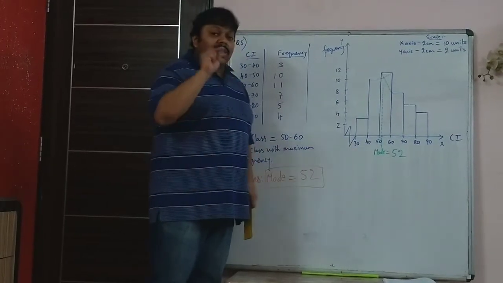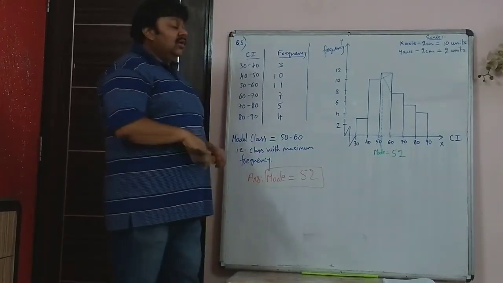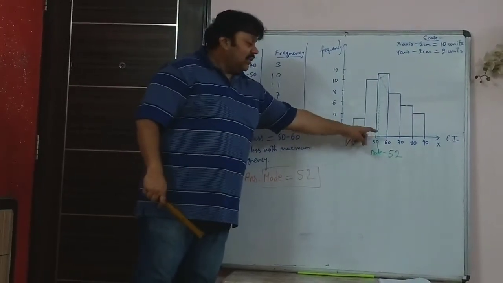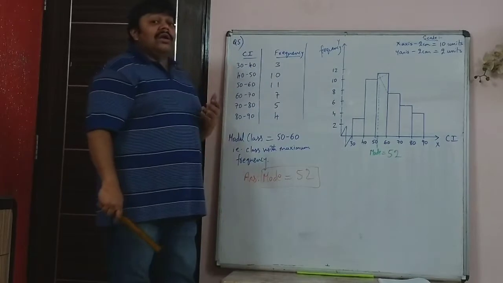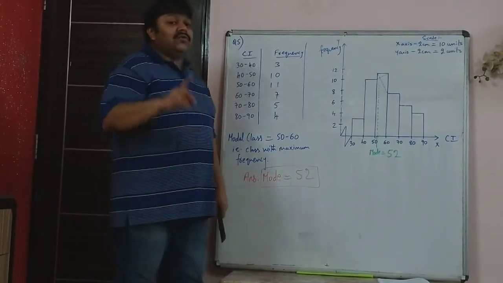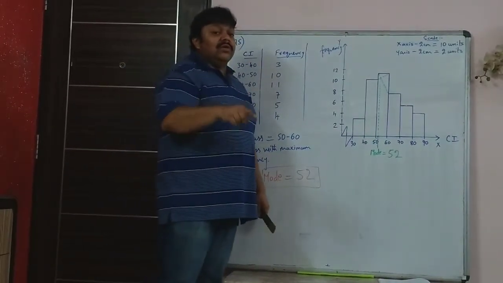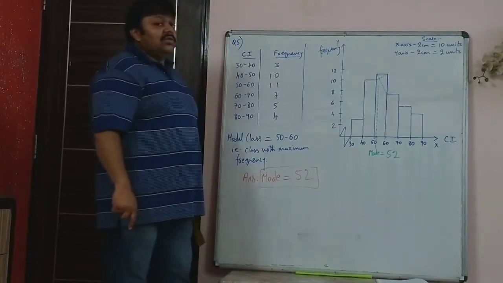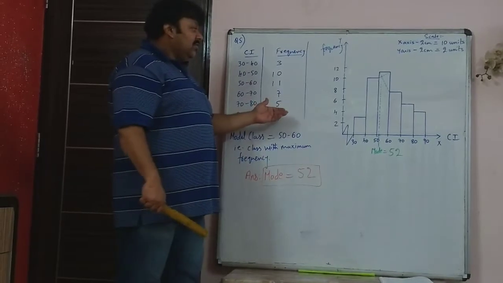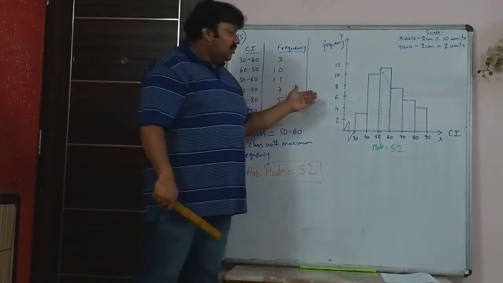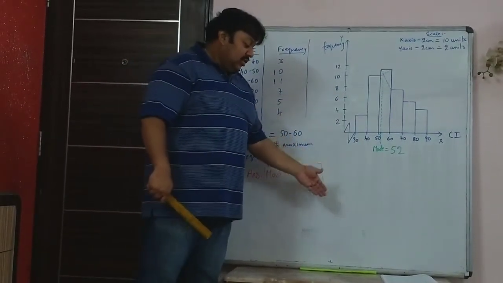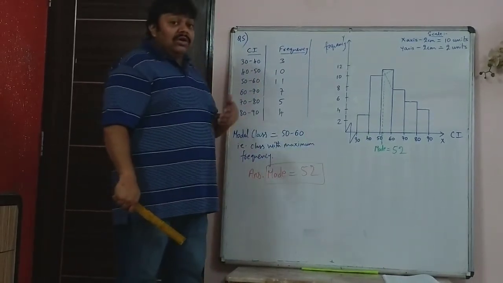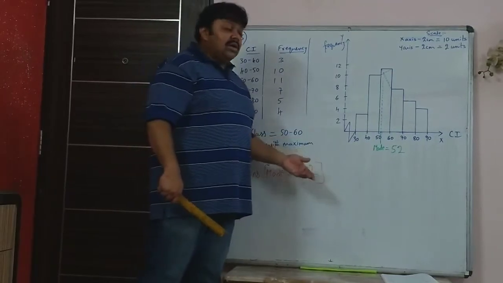If you count in the 2 centimeter graph, there are 10 lines or 10 divisions between 50 and 60. So each division is 1. So 2 lines indicate 2. So mode is 52. Now the same thing, I will show on the graph paper so that you can clearly see how you need to draw this in the graph paper.